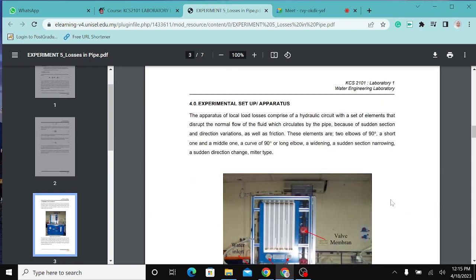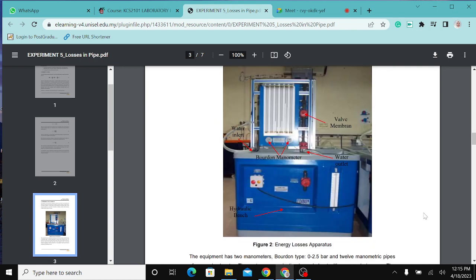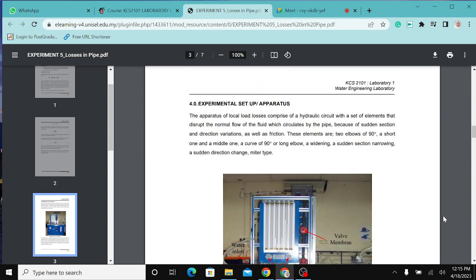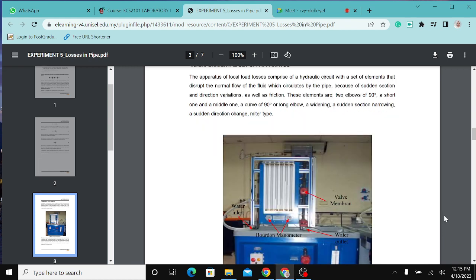Okay, so the setup you can see is shown in figure number 2. Figure 2 shows us the energy losses apparatus. The apparatus of local load losses comprises hydraulic circuits with a set of elements that disrupt the normal flow of the fluid which circulates by the pipe because of sudden section and direction variation as well as